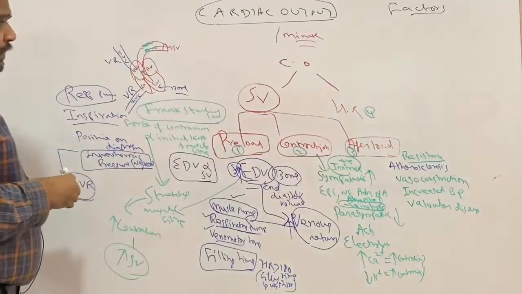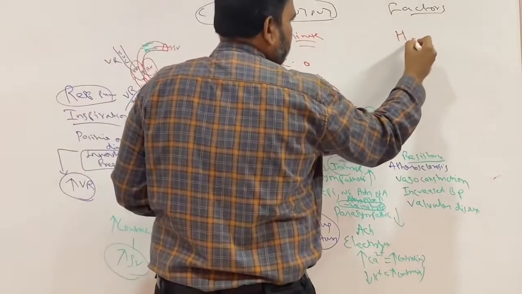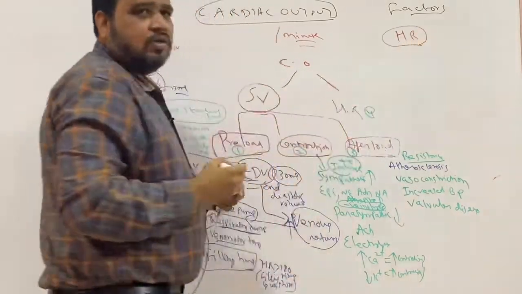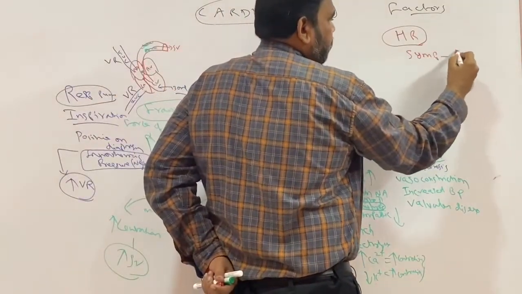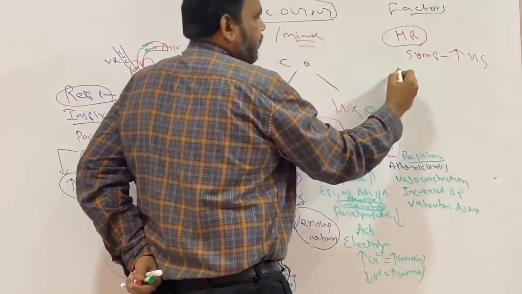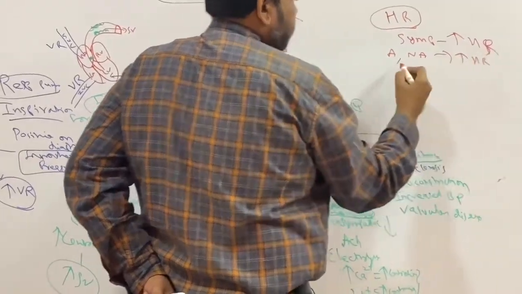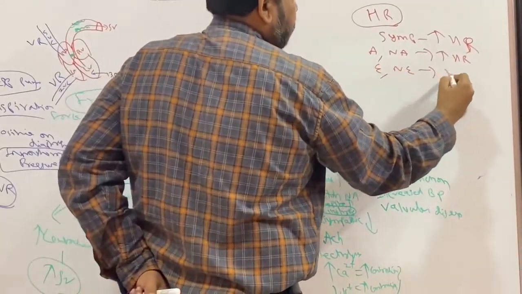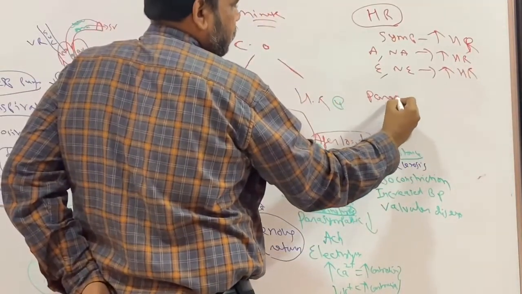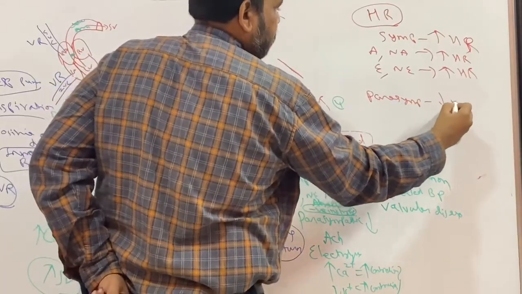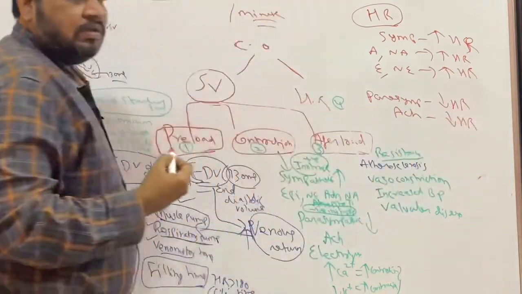Now let me go for heart rate. Very important next. So I will tell about the heart rate. Again, it is also under autonomic regulation. So sympathetic increases the heart rate. Same adrenaline, noradrenaline increases heart rate. Epinephrine, norepinephrine increases heart rate. Parasympathetic decreases heart rate. Acetylcholine decreases heart rate,